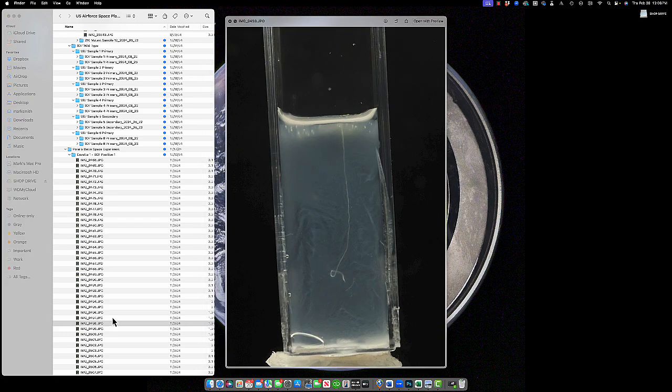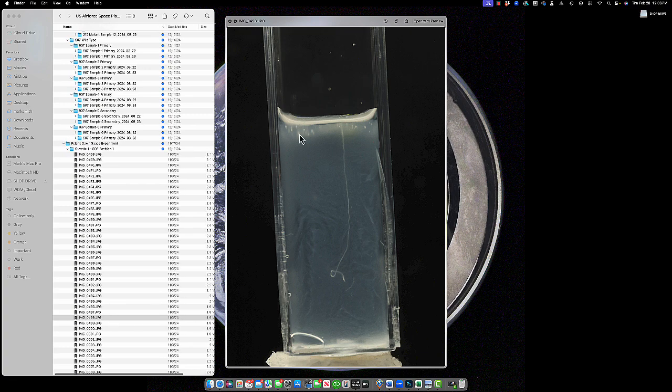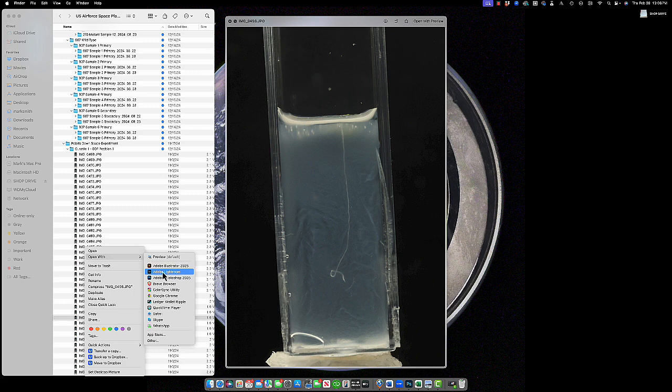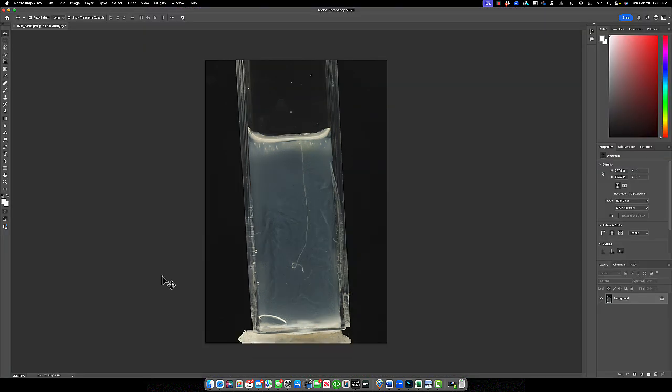This is a perfect example. This one's exactly from front on. We can see our root structure through there. It's very good. So what I'm going to do is open this up in Photoshop, and any or all edits that we make to this image, we're going to be duplicating or applying to the rest of the imagery that's in